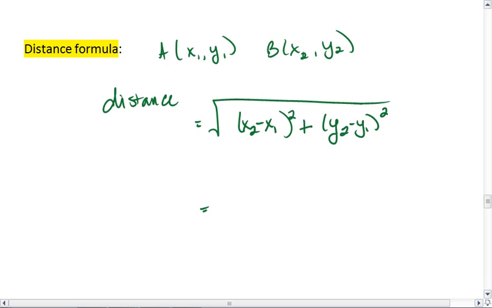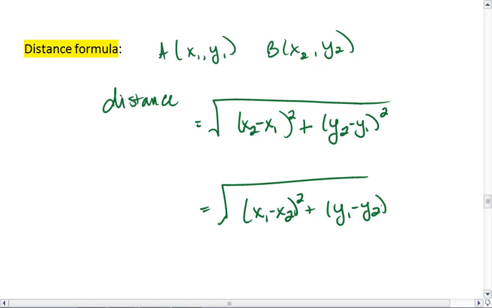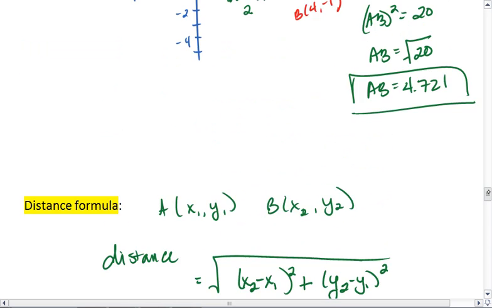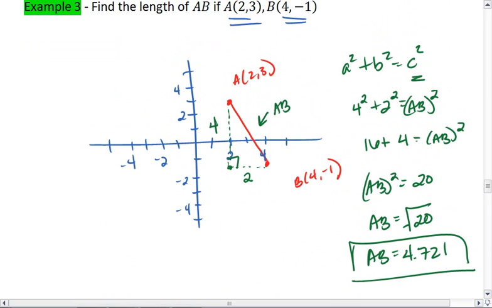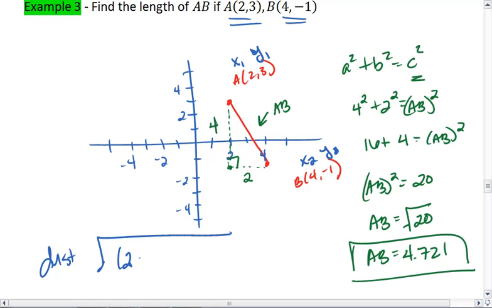So this formula works, so does this formula. x1 minus x2 squared and y1 minus y2 squared, and then take the whole square root of that number. We could try to apply that to what we have up above, where we have x1, y1, x2, y2. Then the distance is the square root of 2 minus 4 squared plus 3 minus negative 1 squared. This gives me the square root of 4 plus 16, which is the square root of